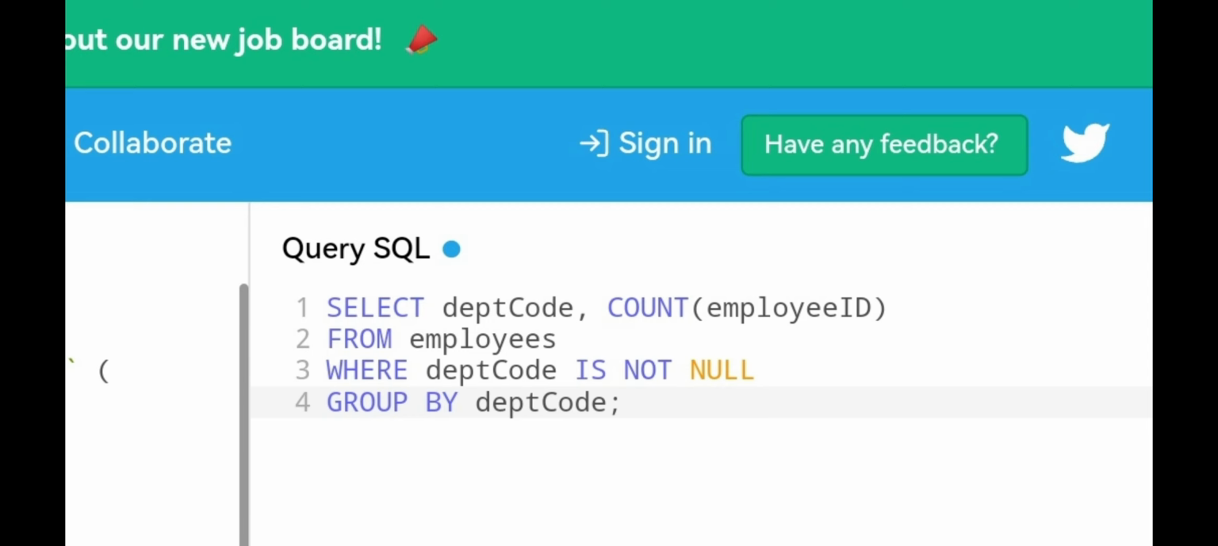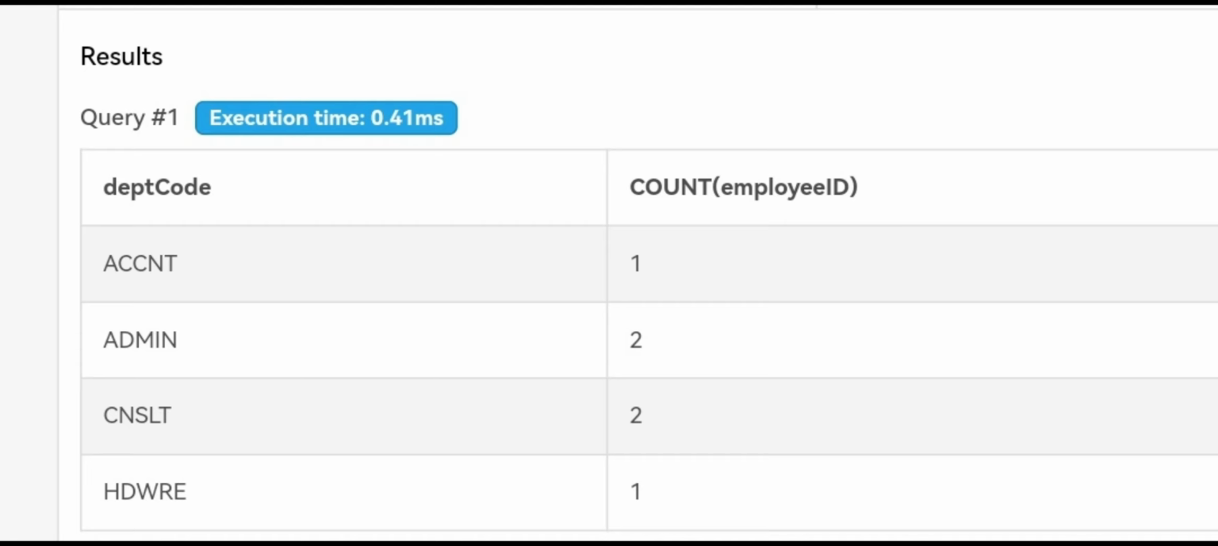And the GROUP BY dept_code groups the result by the department code so that the COUNT function is applied separately for each unique department code. When we run the program, this is the